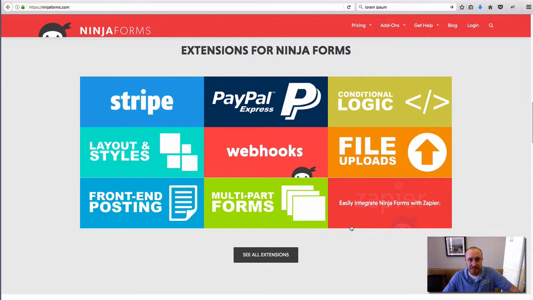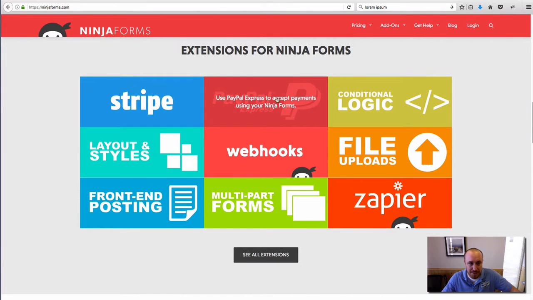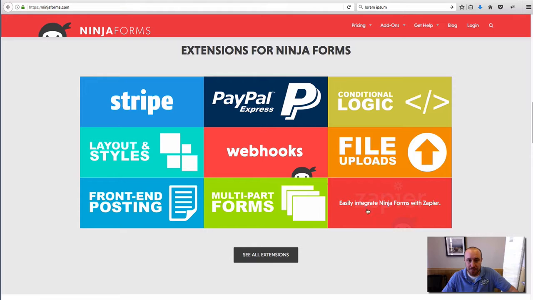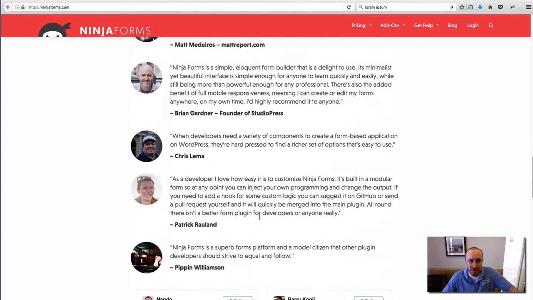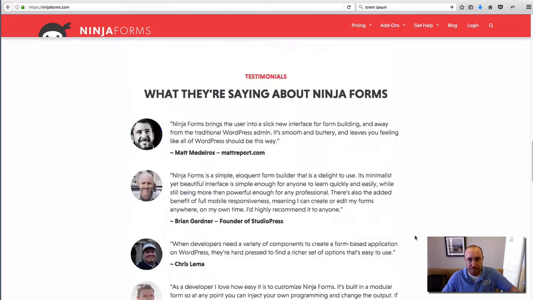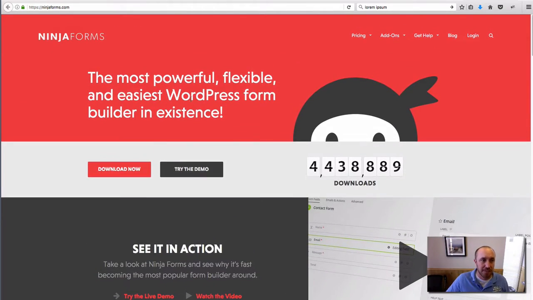That's Ninja Forms. Like, you can accept payments and all that, hook it up with these different programs and multi-part forms, tons of good reviews from them. I mean, it's just a good company. Same thing with Gravity Forms. Gravity Forms is another good one, but Ninja Forms is one I am recommending if you really want to have a robust form on your website that has lots of flexibility and options. Okay, so